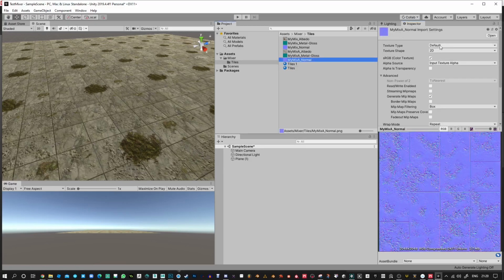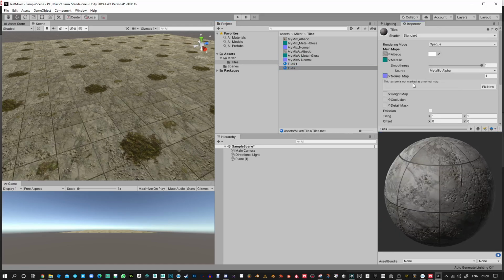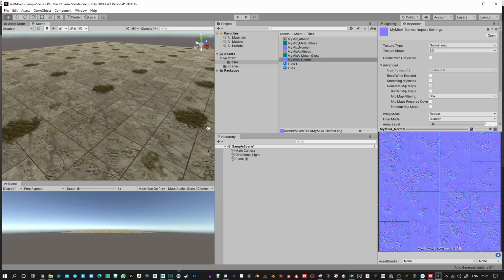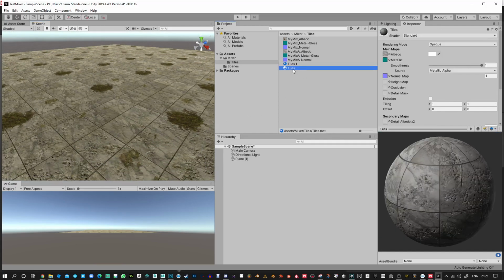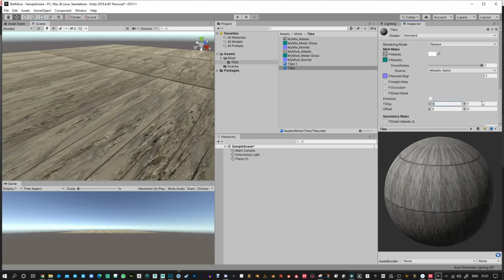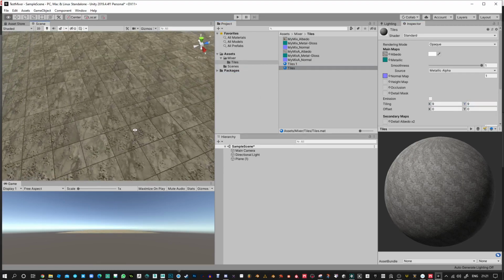Now this one, I'm not going to bother changing it here, just to show you what I was talking about earlier. If I drag the normal map in, it says this texture is not marked as a normal map. Fix Now will change that for you. So as you can see, it's changed it to a normal map. So it's perfectly fine to do it that way. So now when I drag in the tiles material and I change the tiling to 9 and 9, the same as the other one, we now have 2 variations of roughly the same kind of material,